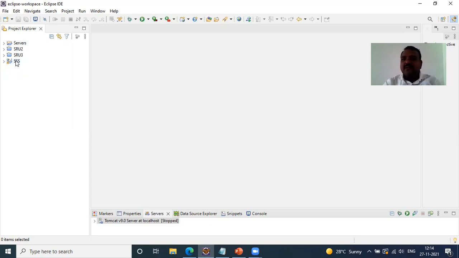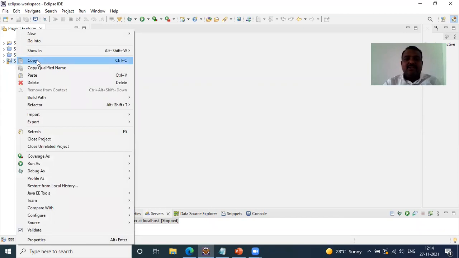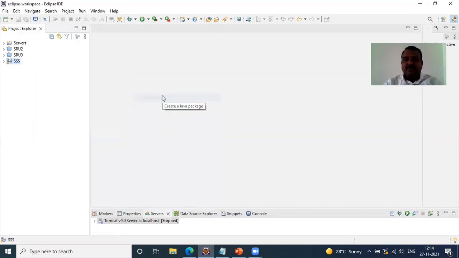So I click on that folder, where it gives you an option of New, where we are going to choose a package.